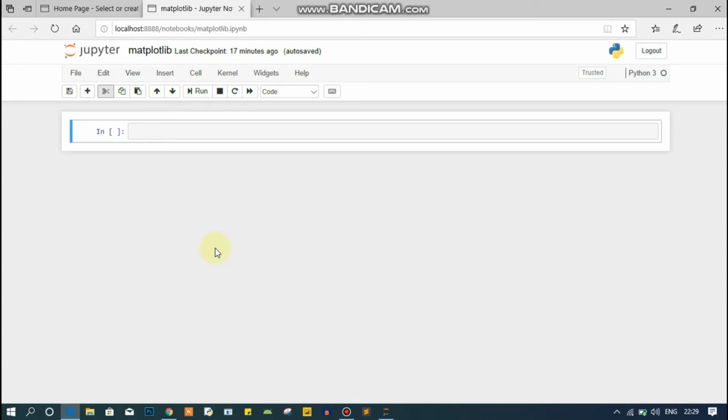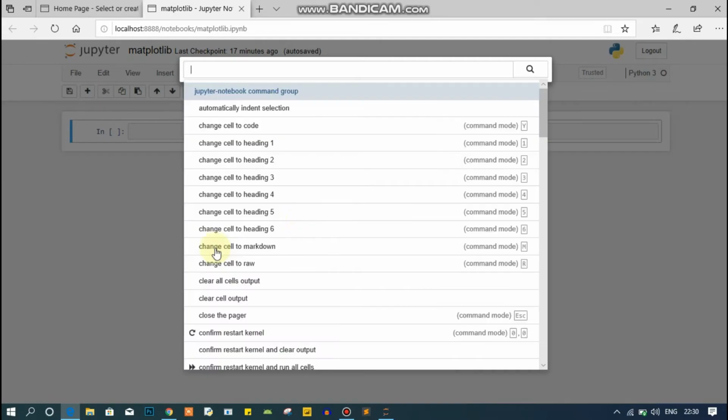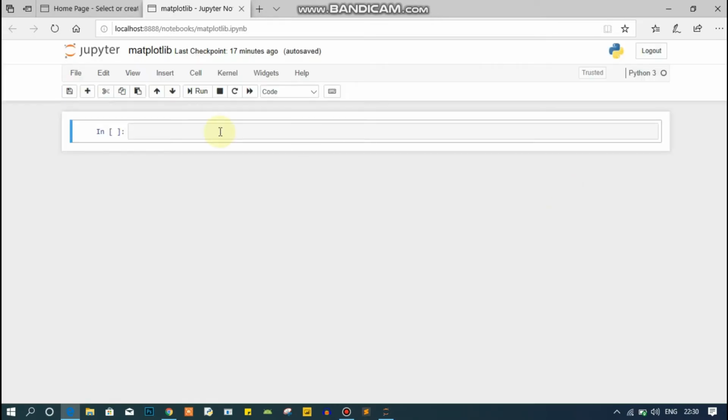So let's first start with the very basics. First I will import my Matplotlib library. Let's see how we can import it. For importing Matplotlib, I will type import matplotlib.pyplot as plt.